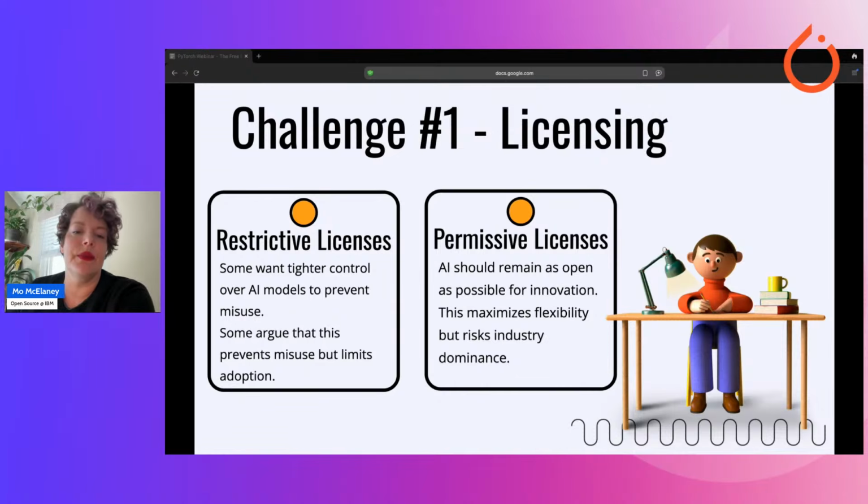And there are other licenses that have restrictions that are well intended, such as the RAIL license. It's a responsible AI license, which seeks to prevent irresponsible use and harmful applications. So you can leverage these models, but you can't use them for military applications, for example, which makes them difficult to adopt in enterprise settings where government contracts are commonplace. So while this is obviously well intended, it's not permissive because you only have permission to use it in specific scenarios.